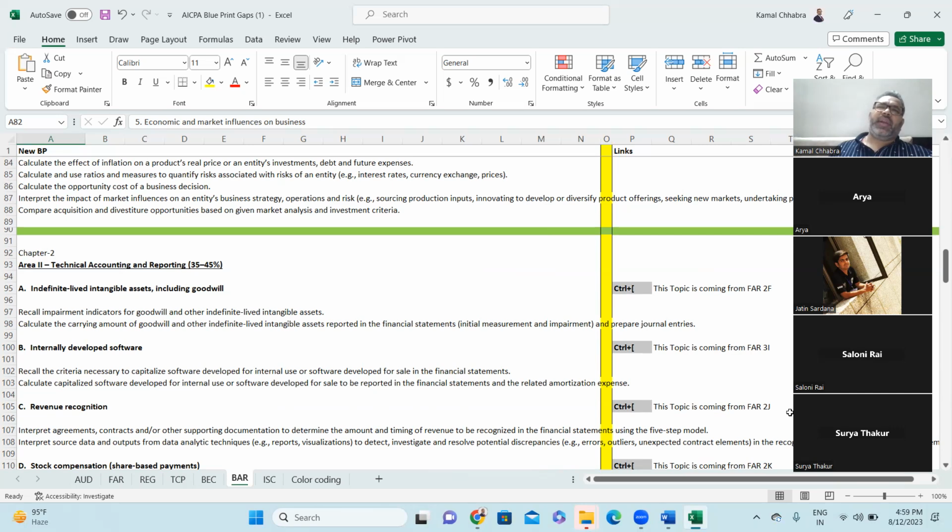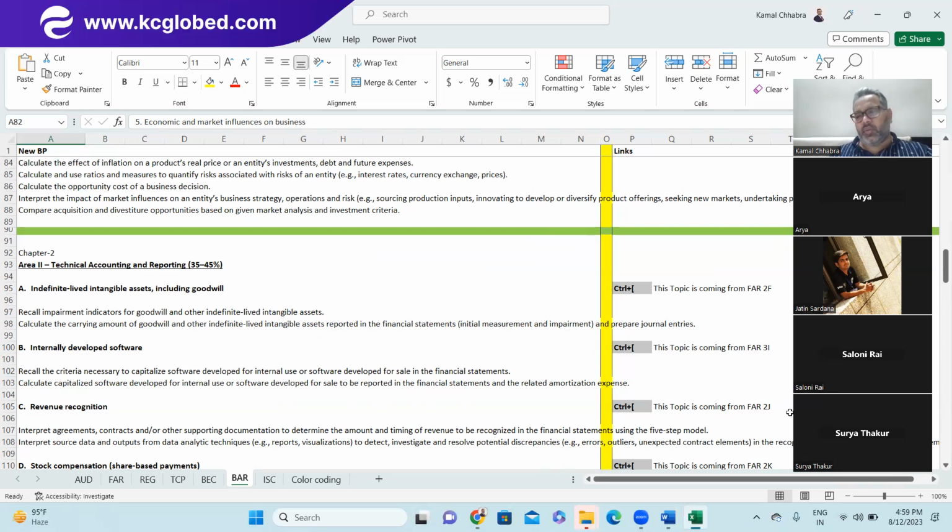But at the same time, what you need to do is a fair value assessment at each financial year end and do the impairment analysis, and book the impairment loss if there is any loss on those respective intangible assets. Make sense? Every year you need to do an impairment assessment. If there is any loss, then you need to book that loss in your accounting. Make sense?